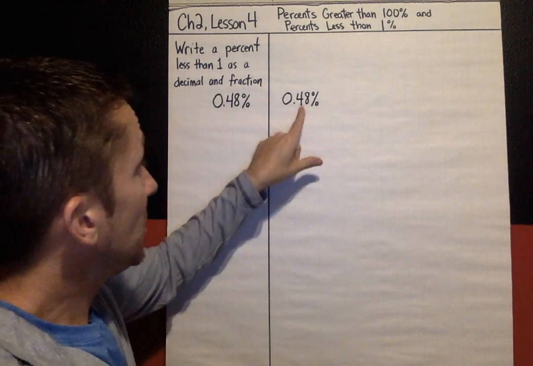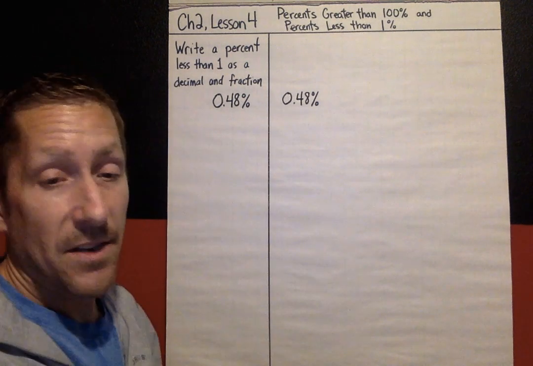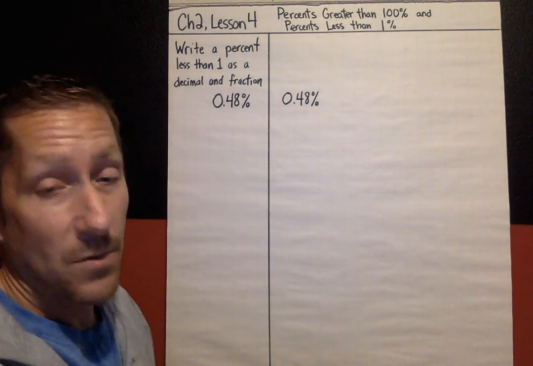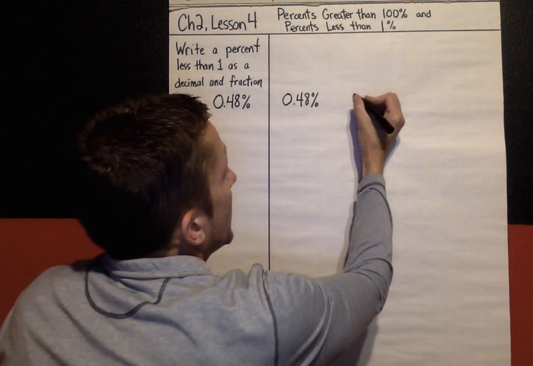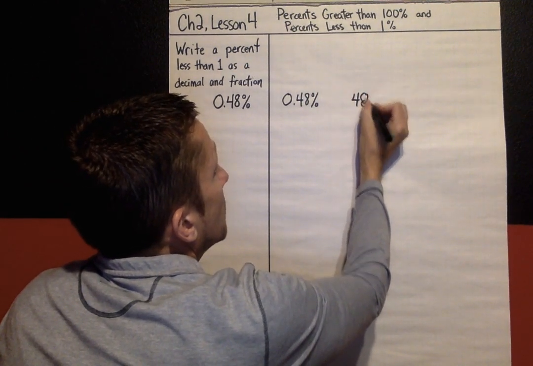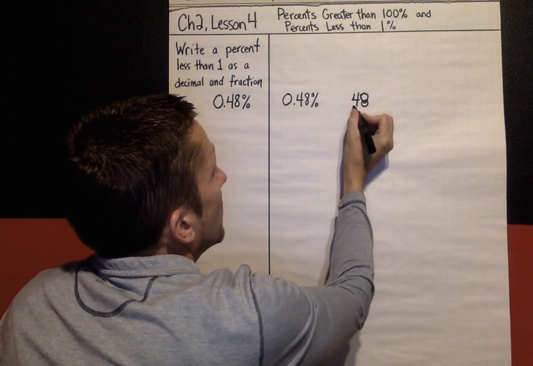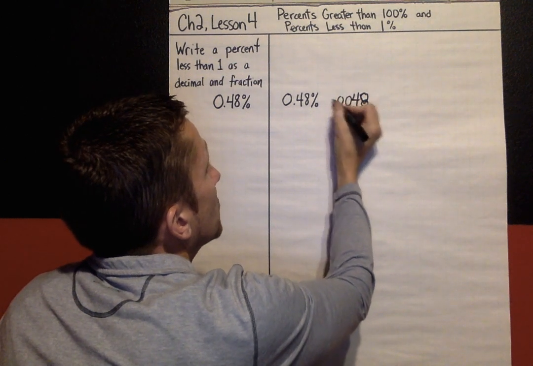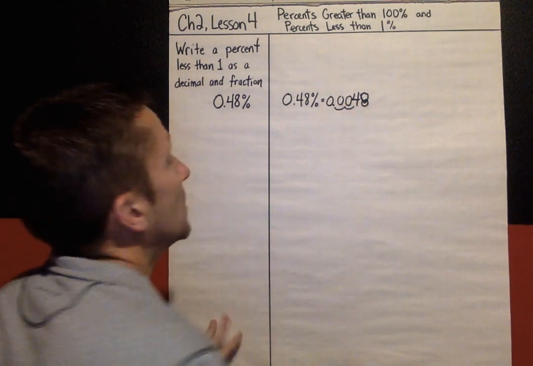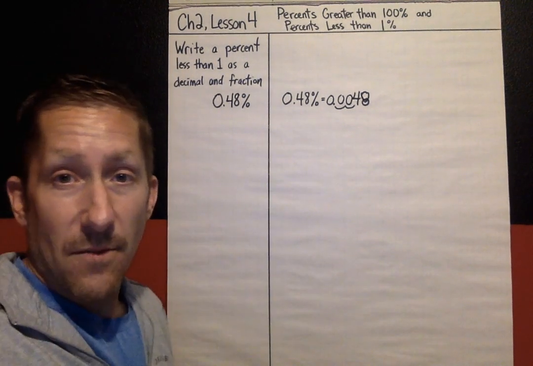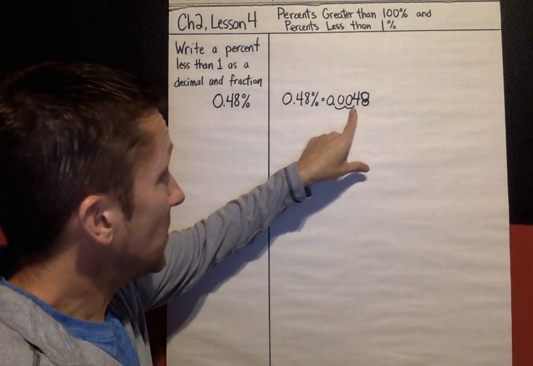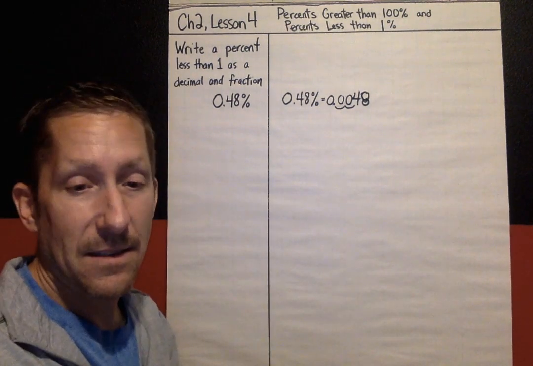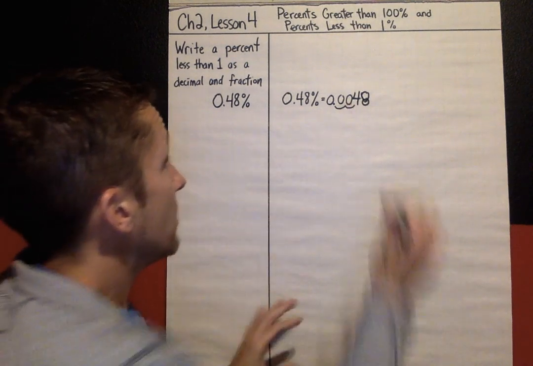Okay, the way you change a percent less than 1 into a decimal is the decimal point jumps 2 places to the left. So right here, oh, that's a terrible looking 8. My decimal jumps 2 places to the left, and I fill in those jumps with zeros. So 0.48% as a decimal would be 0.0048. My decimal point jumps 2 places to the left. From here,